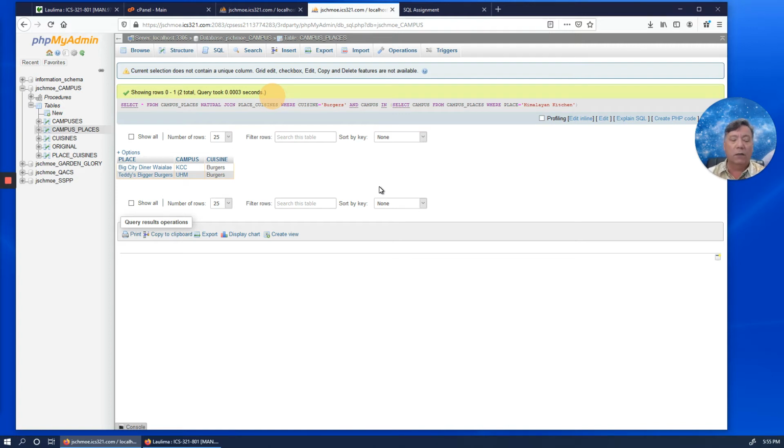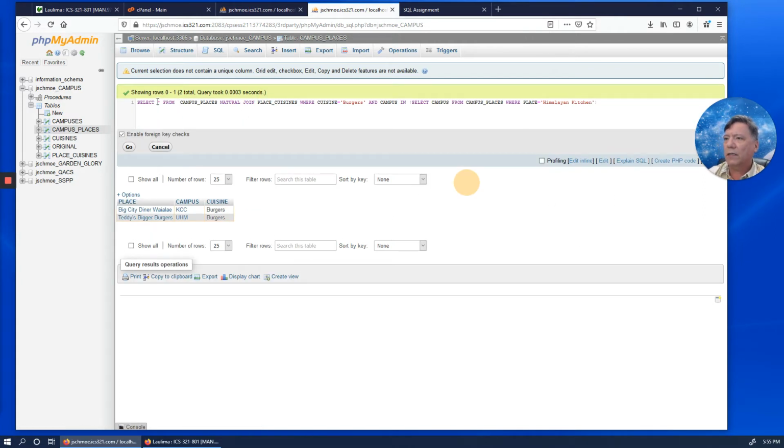We want to give the user a little bit more information. So let's edit this, and let's say select a single place from this place, and let's just select one of them. So I'm going to put a limit of 1 on here.